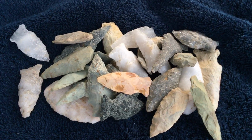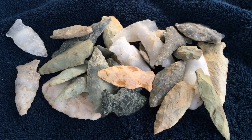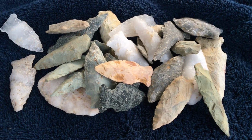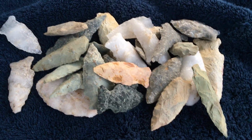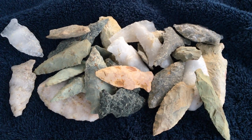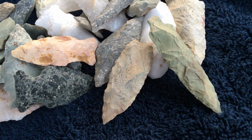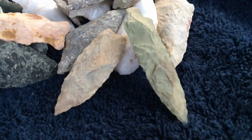This is going to be really cool. I already did a moving day on what you're looking at right here, but the natural light is awesome. We're not doing a different moving day. We're not doing another display on these. These are incredible high-end pieces of North American Indian and ancient North American Indian artifacts. Moving day for me is when I move them into my display case and what have you. But some of these,